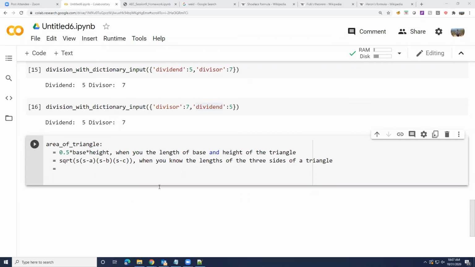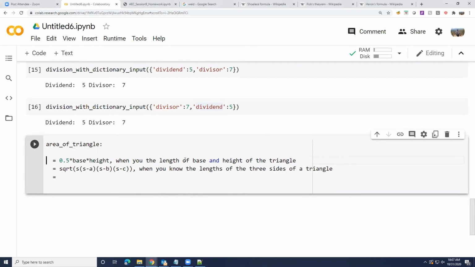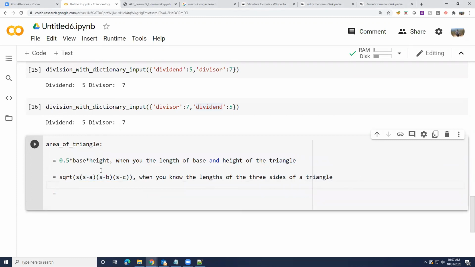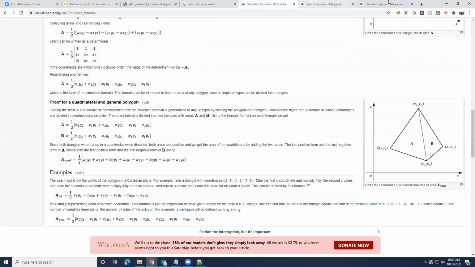No. Heron's formula is not better. Heron's formula is different from half into base into height, right? This is useful when you know 2 different things about the triangle. This is useful when you know some other things about the triangle. Who says you will always know the base and height of a triangle? I mean, that's what you are taught in school, but this is equally good enough to describe a triangle, right?